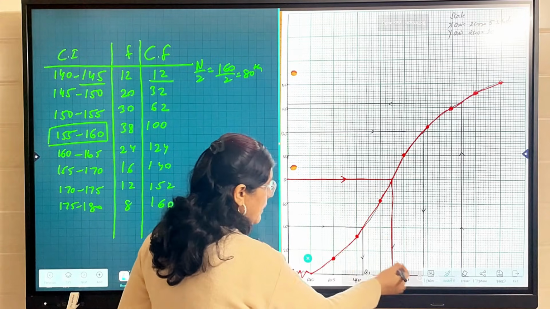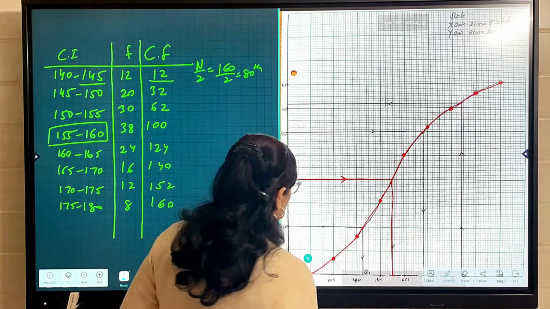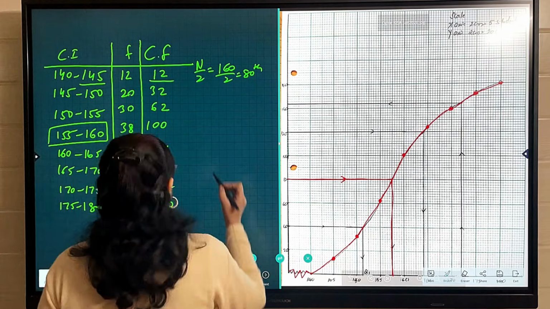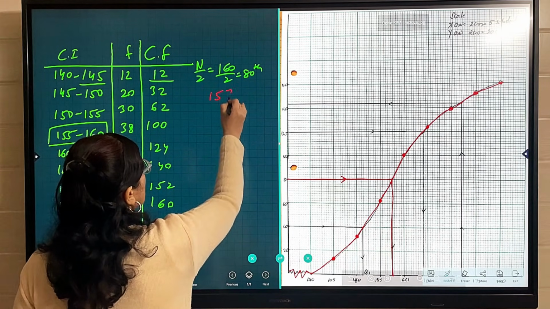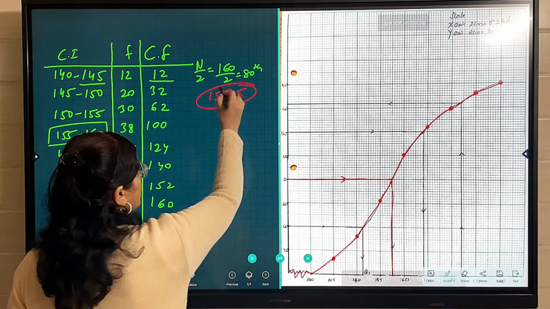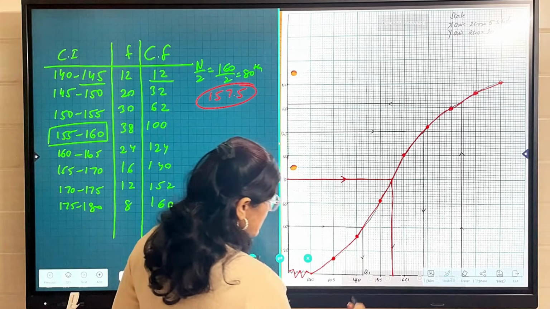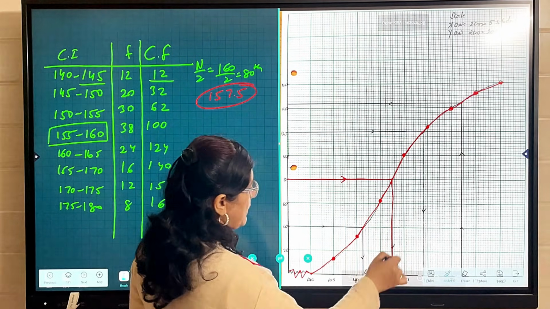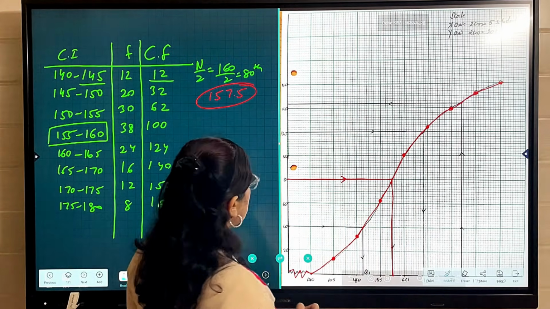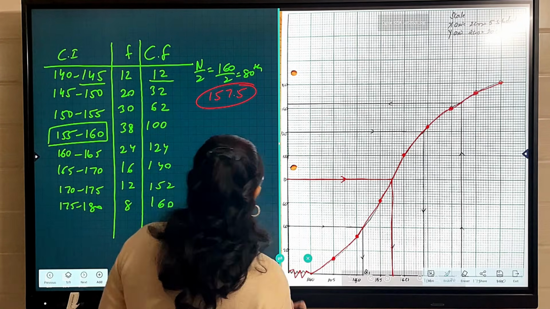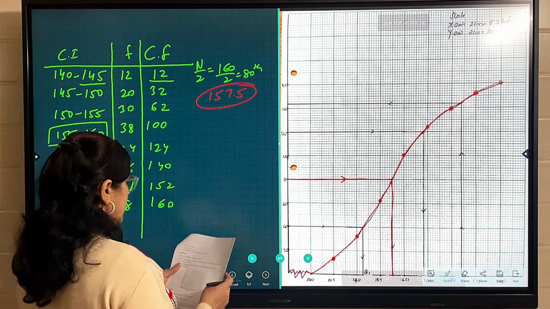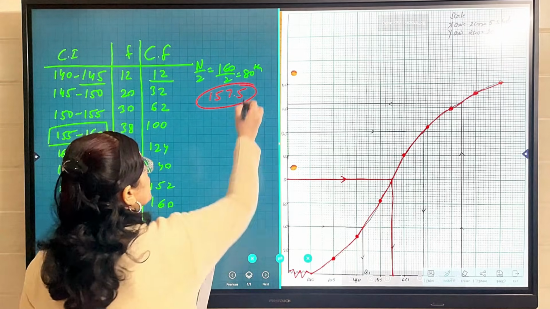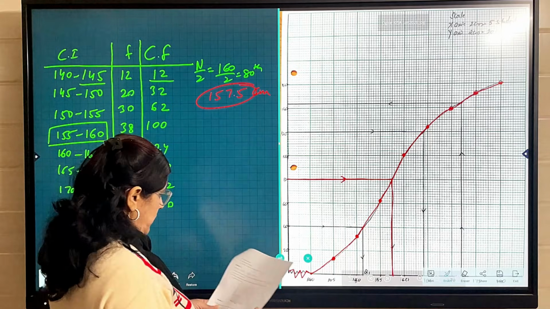But here you can calculate it properly. Mid value of these two. So the mid value of these two is 157.5, because it is exactly in between, you can see. So you can add 155 and 160 and then divide by 2, you will get the value. So 157.5 centimeter. Now in second part, this is the median height, and height in the question is given in centimeter. So you should place a proper unit here also.